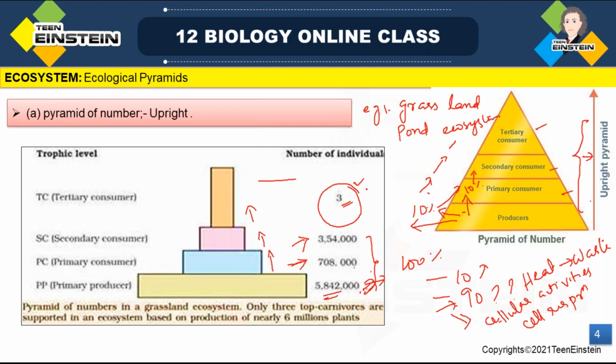Only a very small number of individuals are getting supported from a huge number of producers. Around 6 million plants are there as producers. From there, when it is going to primary consumer, secondary consumer, and tertiary consumer, you can see the decrease in the number of individuals already at primary and secondary consumers. When it is reaching the top level or tertiary consumer, only 3 individuals are getting that support, or that energy is moving to just 3 individuals. There the number of individuals is very less. Okay,